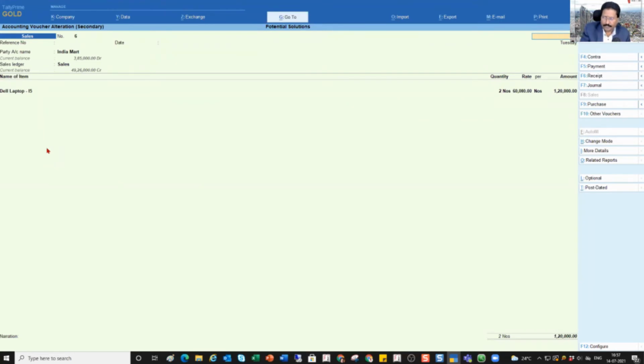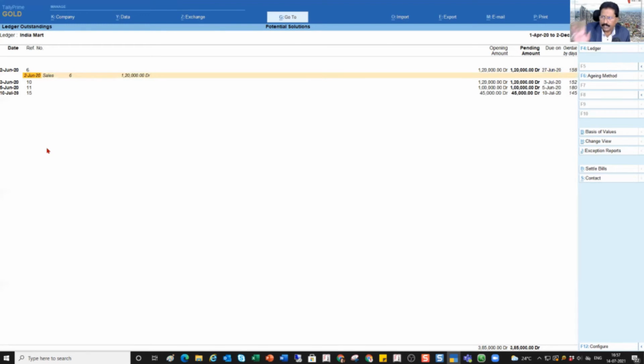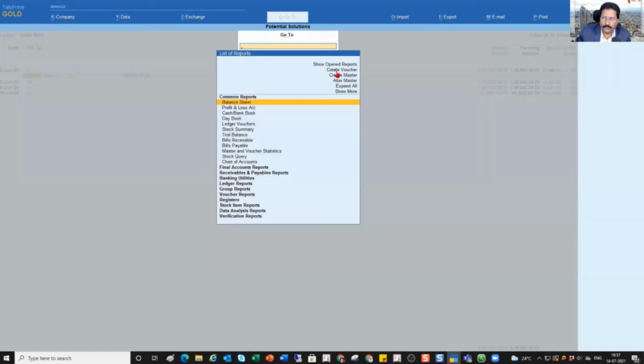Okay. So I'm going to press escape. So 120, let us assume that he is paying 60,000 rupees, 50% is making payment. So one is that we saw from the report how you can go to the voucher creation screen. So we saw in Go To there is a voucher creation screen, and this is the new option that is there in Tally Prime.